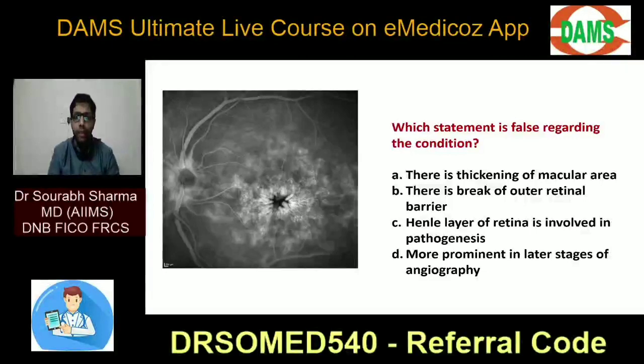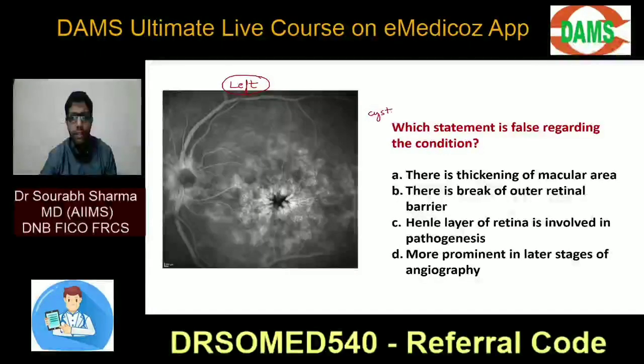Very good. Which statement is false for this condition? What is this condition? Which eye is this? And what is the condition? This is a spot diagnosis now. This is the optic disc. This is the fovea. Right or left? So left, angiography, sir. What is this? Some pattern I told you today. What is the pattern? So radial configuration. Yes, sir.